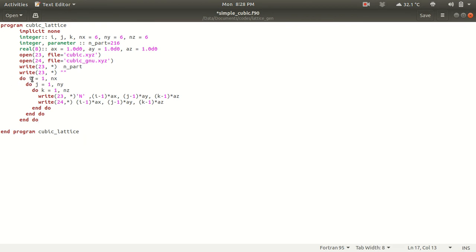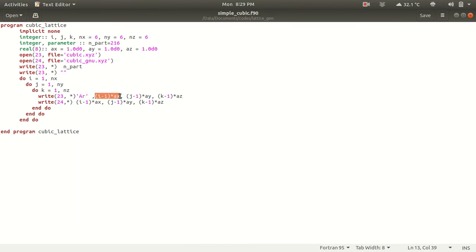Then the final part is the generation of this lattice, which is basically three loops. The first one goes from 1 to nx, the second goes from 1 to ny, and the third goes from 1 to nz, placing the lattice atoms at each and every position, and nx, ny, nz are each 6. Then I am writing the positions of the particles to be placed, and the first item is the atom type. N means nitrogen, O will be oxygen and so on. If you type AR, that means you are doing argon atoms. Generally molecular dynamics is done with argon atoms and others.